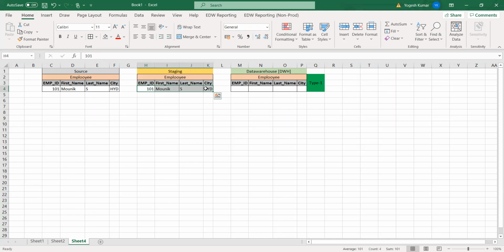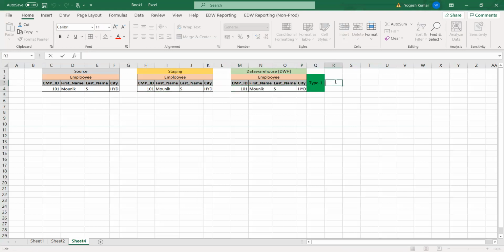So it will always check the ID column: does that employee ID already exist in the target table or not? In our case, does it exist already? No. If it does not exist, then it will load the data directly into the table. This is an SCD Type 1 table.